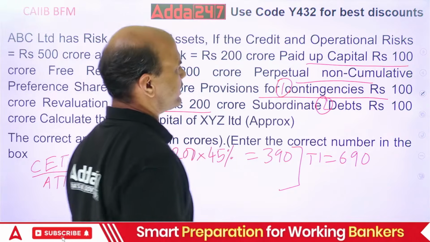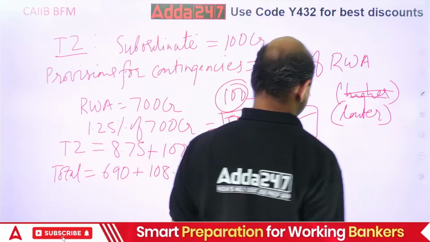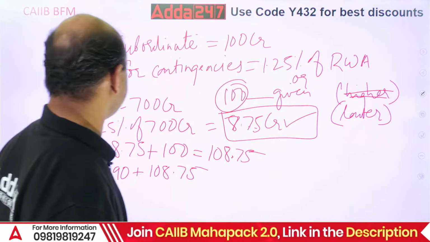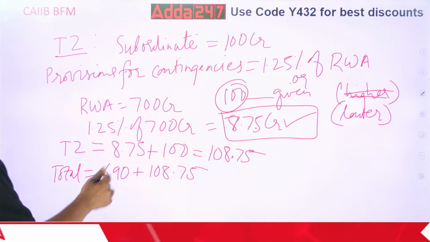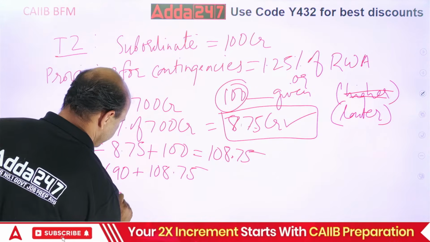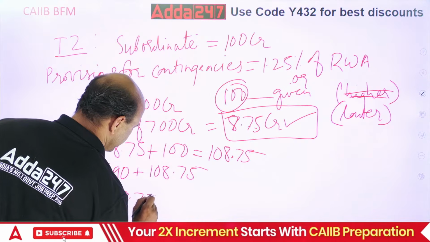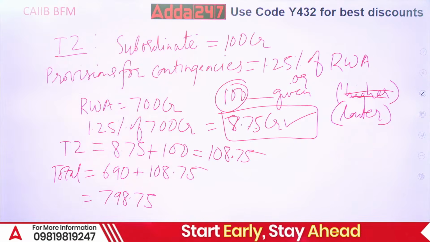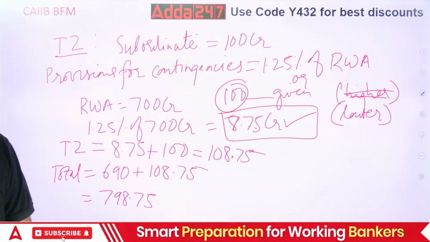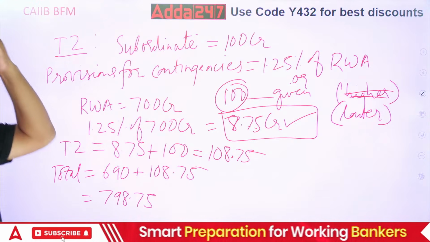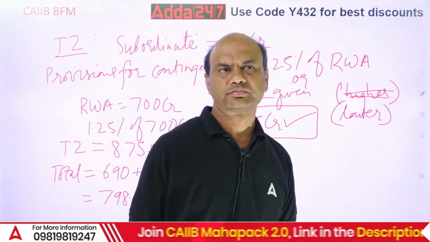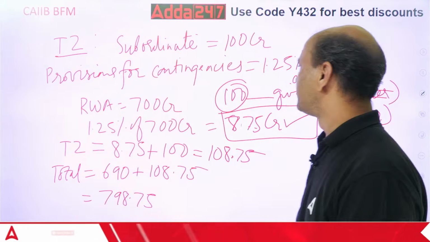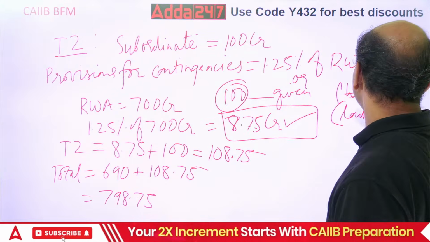690. So what is the answer? 690 plus 108.75. So what are you getting? 798.75. Okay, so this is the answer. This is how you will be solving it. Okay? 798.75. Got it? This numerical,